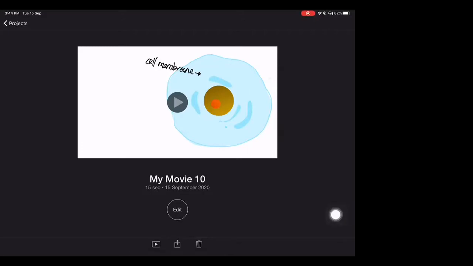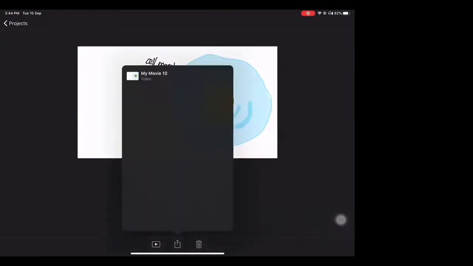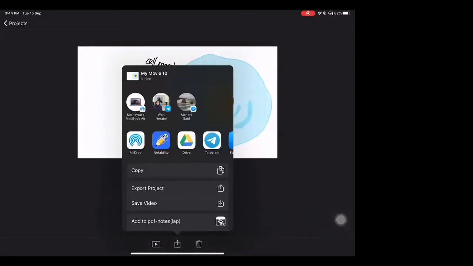Okay, so we go under the word edit, that is that square thing with the arrow. Okay, that is always share, or save. So tap on that, and then you will see save video. Okay, not export project. We want to save our video in our iPad so that it's easier for us to access later. Okay, so save video, tap on that